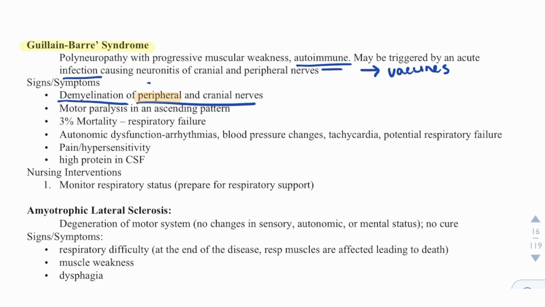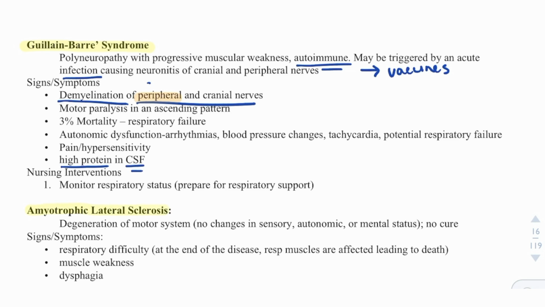It has a 3% mortality because of respiratory failure, autonomic dysfunction, arrhythmias, blood pressure changes, tachycardia, potential respiratory failure, pain, and hypersensitivity. And when they do a cerebral spinal fluid test, they'll see high protein. Next thing we're going to talk about is